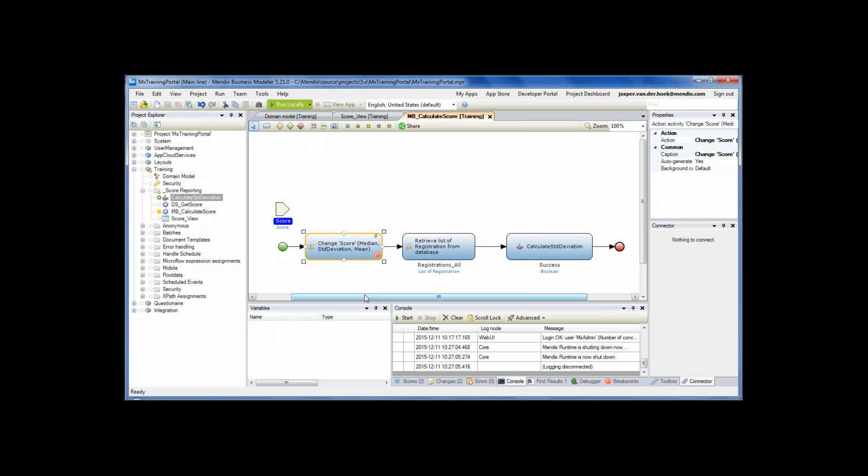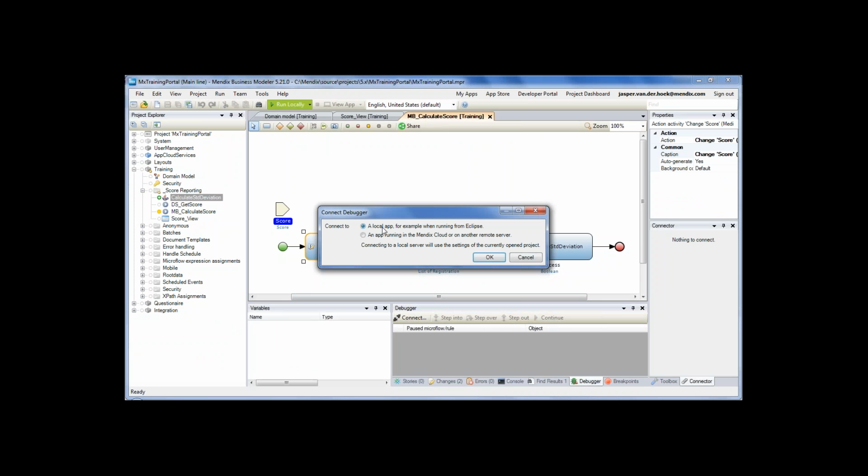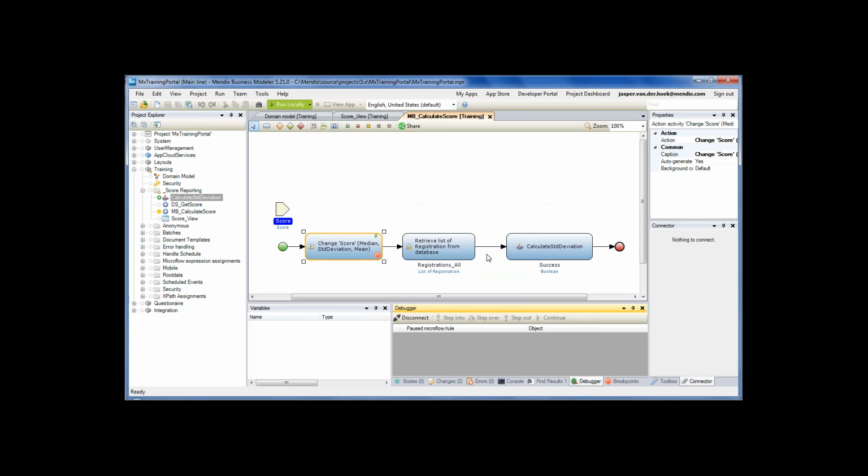It still works the same way. You add a breakpoint, but we do one extra step. In the debugger, we are going to connect the debugger to the application because we need to instruct the model. And it is a local app. It is running in Eclipse. I click OK, and it's now connected. When I go back to my browser and click the